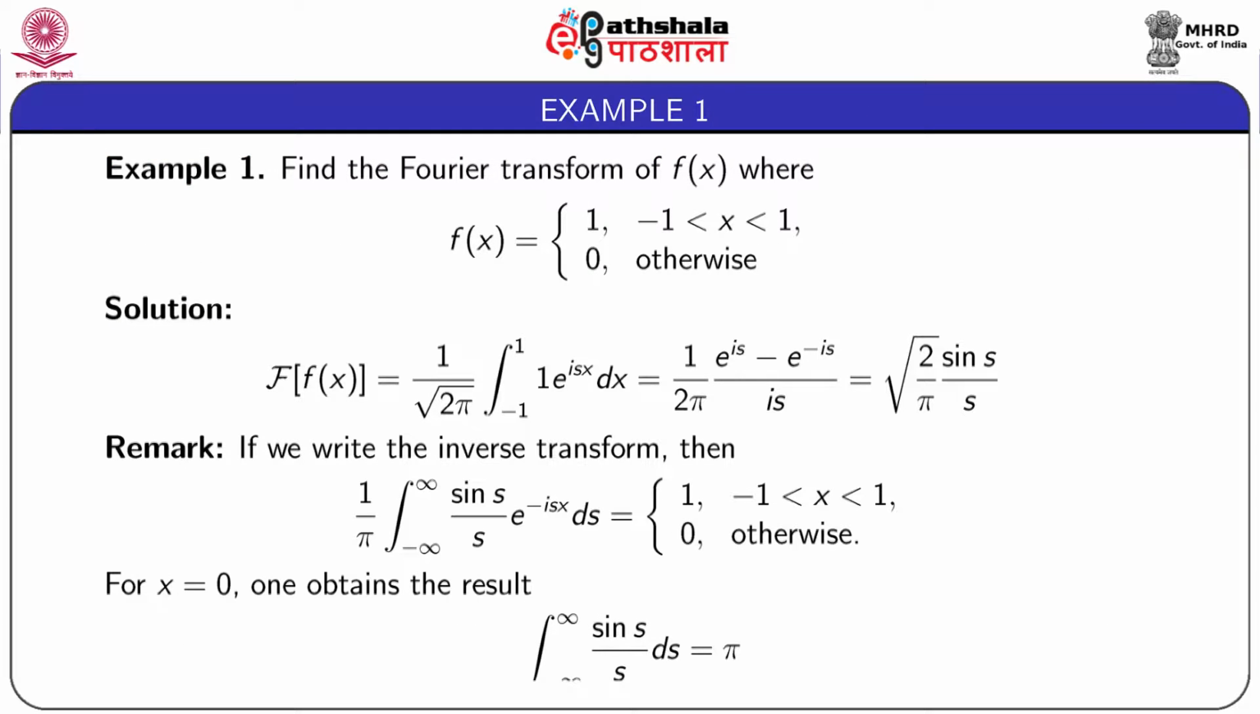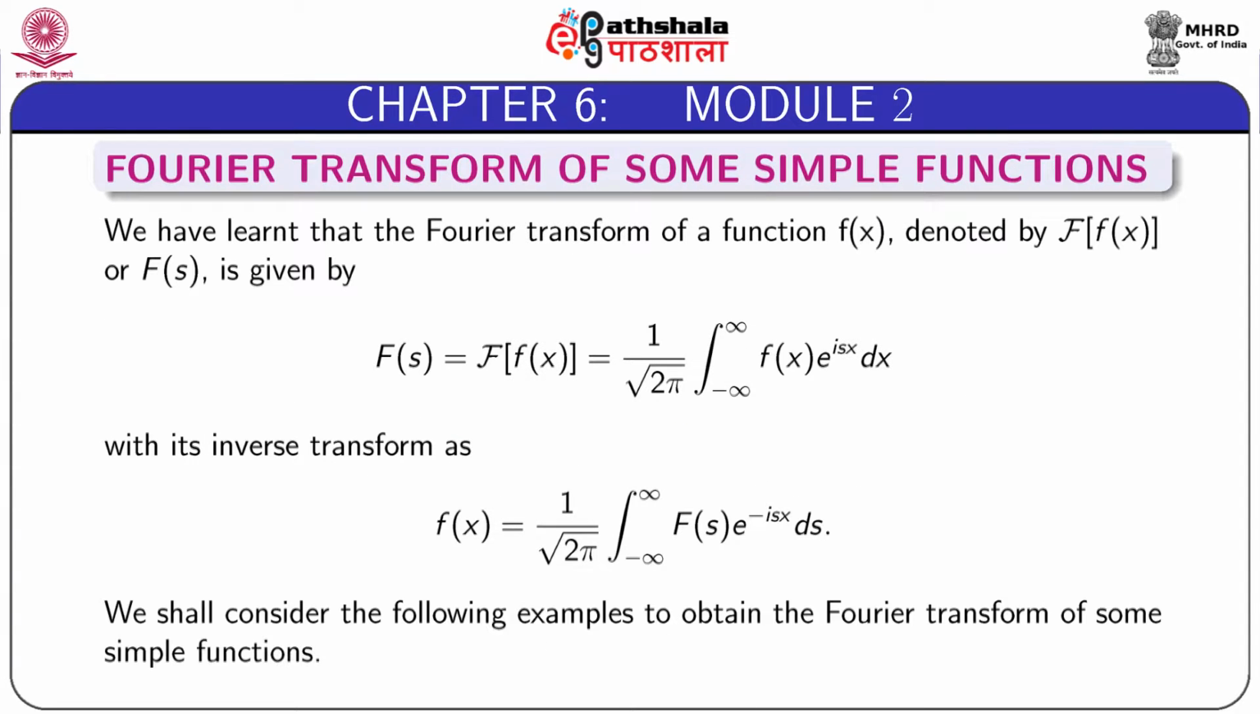We come to example 1. Find the Fourier transform of f(x) where f(x) is equal to 1 when x lies in the interval minus 1 to plus 1 and 0 otherwise. The Fourier transform of small f(x), denoted by curl f of f(x), is equal to 1 by root over 2 pi integral minus 1 to plus 1 e to the power I s x dx. Here Fourier transform we have